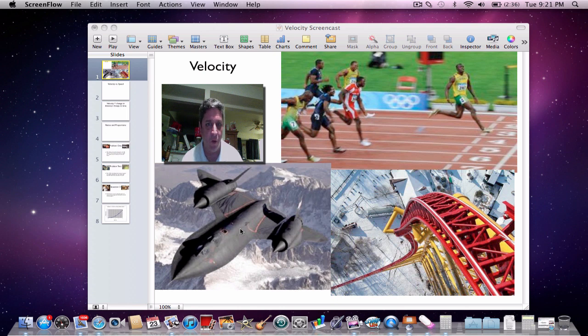Down here in the corner, we have the fastest airplane on the planet. And over here is one of the fastest roller coasters on the planet. It's one of my favorites. This is in Cedar Point in Ohio. At its highest point up here, it's over 400 feet tall. It goes 120 plus miles an hour. And a couple summers ago, I had the pleasure of getting to ride this with my two daughters.